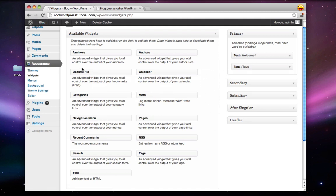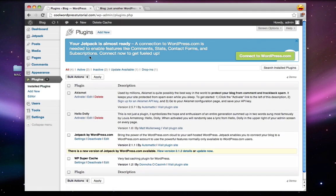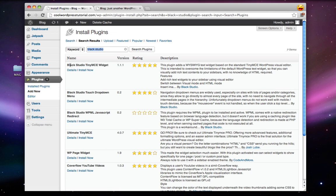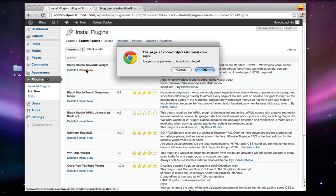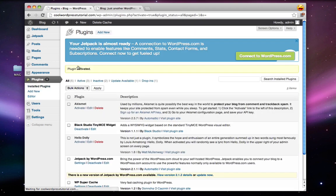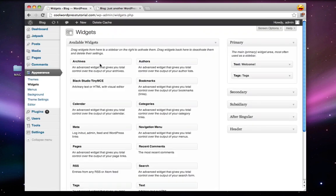So to get a third-party widget, we can just go to plugins, add new, and the plugin I want to get is called Black Studio Tiny MCE. So if we just type in Black Studio, it'll be this top one right here. Black Studio Tiny MCE widget. Click Install Now, click OK, and click Activate Plugin. After that, if we go back to Appearance, Widgets, we'll see that we have a Black Studio Tiny MCE widget